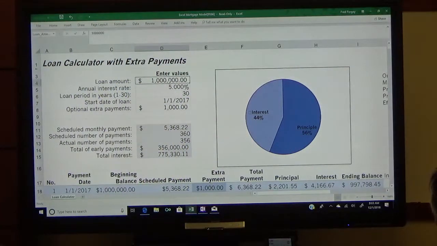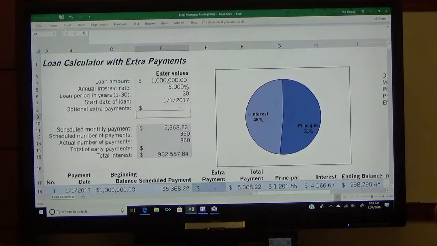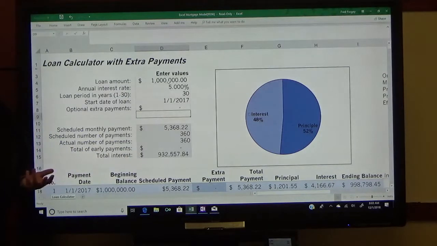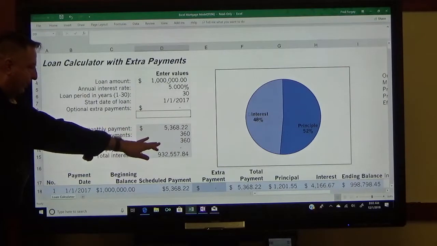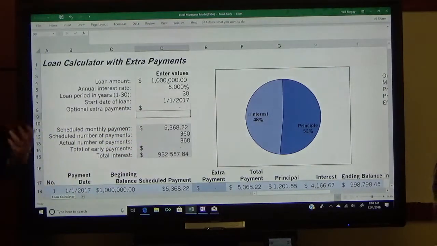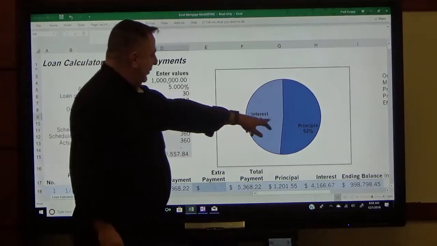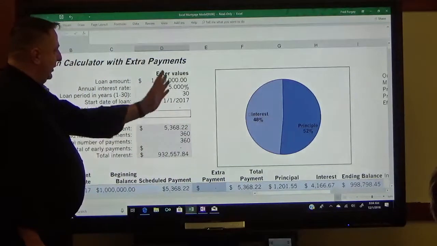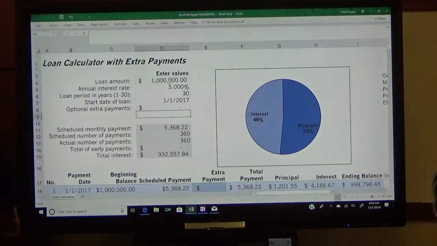Now if we take out that $1,000, just to get rid of that for a second since we've done really nothing with that, look at how that changes things a little bit. Obviously the total interest goes way up, and the actual number of payments only changes by about 4 months, but the big difference is we reduce our interest expense dramatically by making those extra monthly payments of $1,000. And if you look at the relationship here between interest and principal, obviously the interest expense goes down. Okay, now,